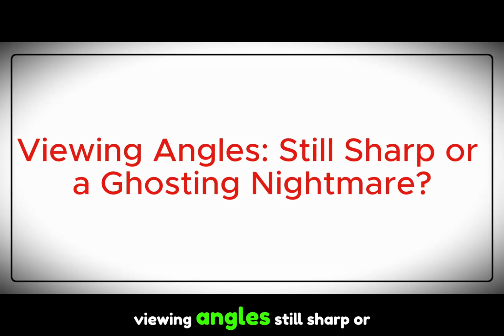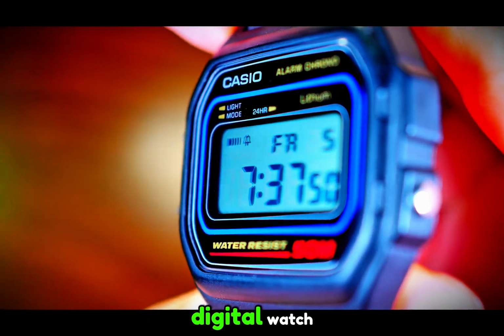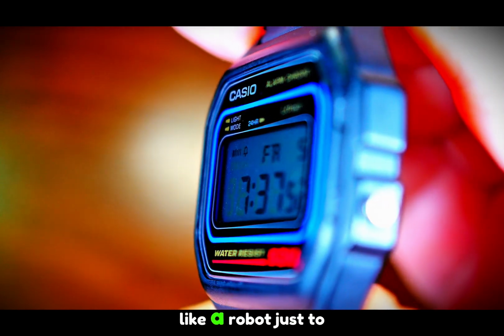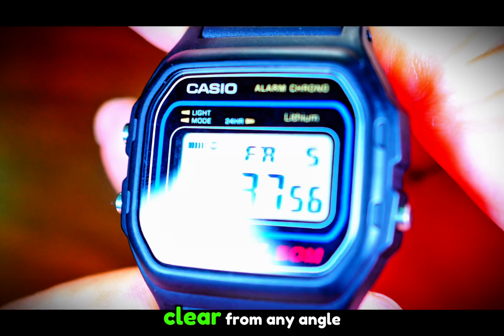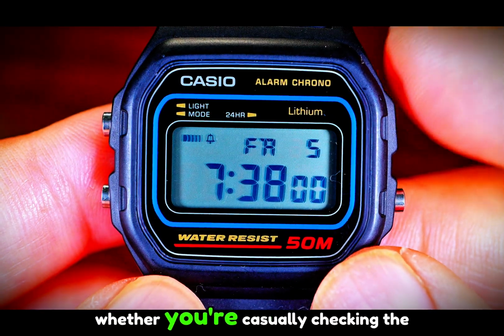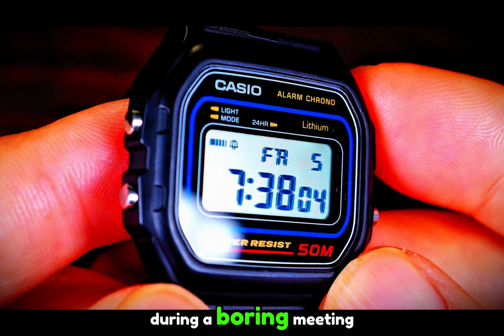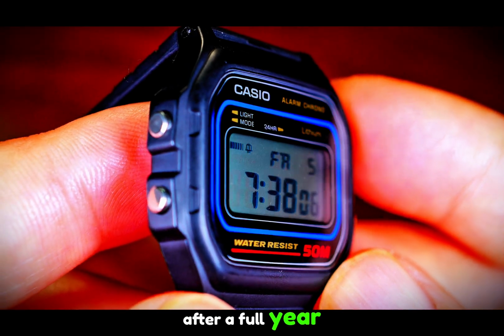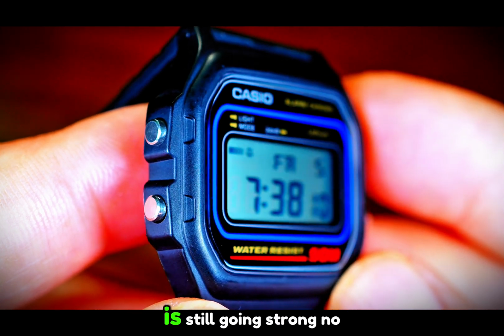Viewing angles, still sharp or a ghosting nightmare. Now, let's talk viewing angles, because what good is a digital watch if you have to look at it straight on like a robot just to read the time? A solid display should be clear from any angle, whether you're casually checking the time or sneakily glancing at it during a boring meeting. After a full year, I'm happy to report that the Casio W-59's display is still going